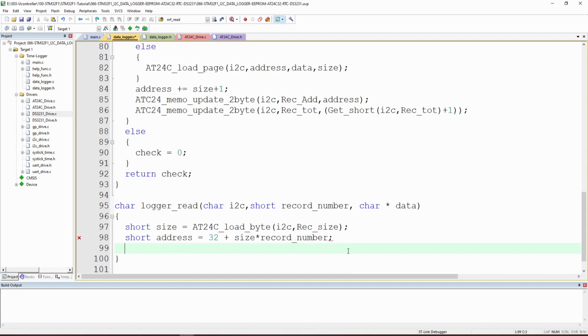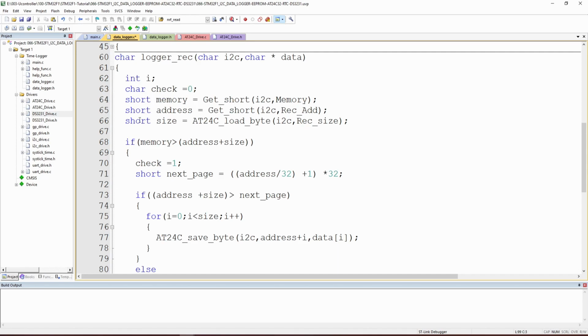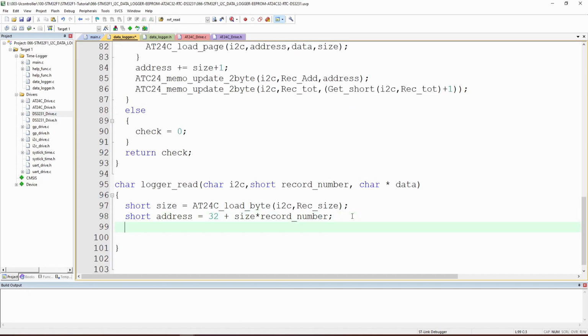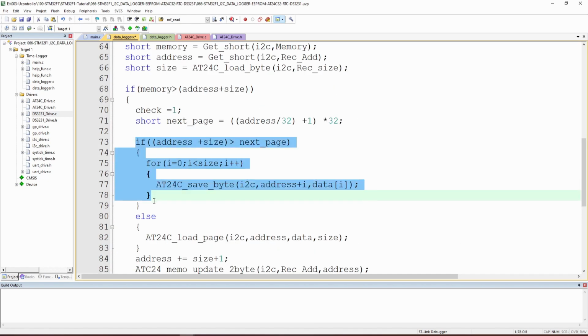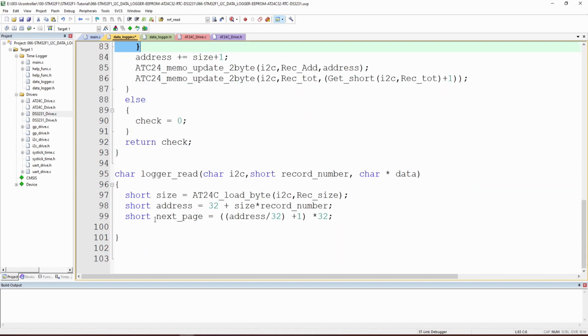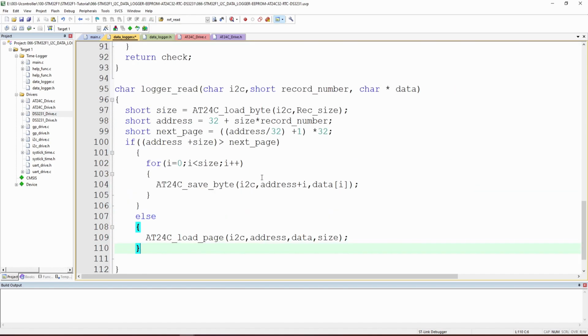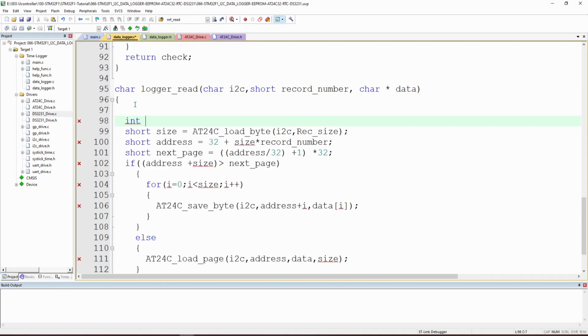Okay, so based on this one, there is another thing we need to check again, which is if we are going to have the problem of the next page. So let's go here and compute the next page too, because if there is a problem of the next page, we need to confirm it. Also, if we do have these conditions, we need to use a special procedure. So first of all, let's put int i. Okay, so if the address is bigger, here we are not going to use this one, but what we are going to use is